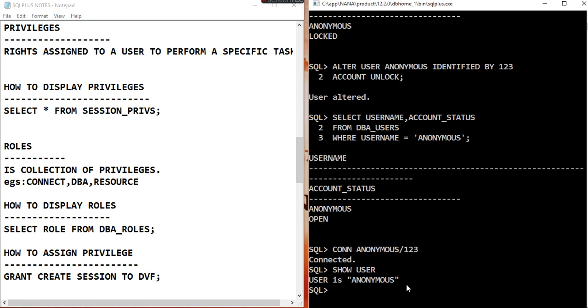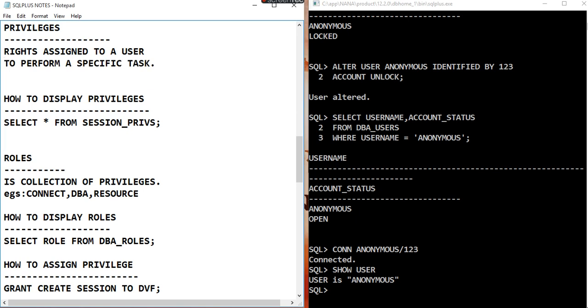I will teach it in the next episode, but for now we are focusing on the black interface, that is the command prompt for Oracle database. So after displaying the current user, which is show user is anonymous, let's look at what we call privileges and